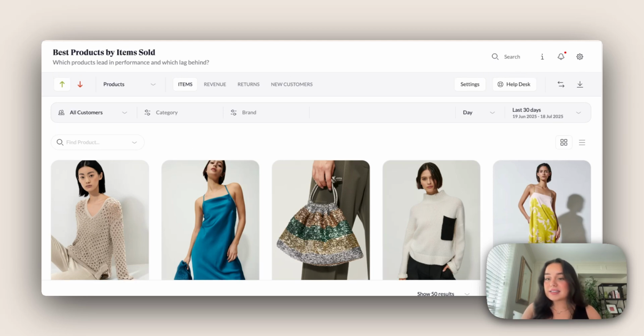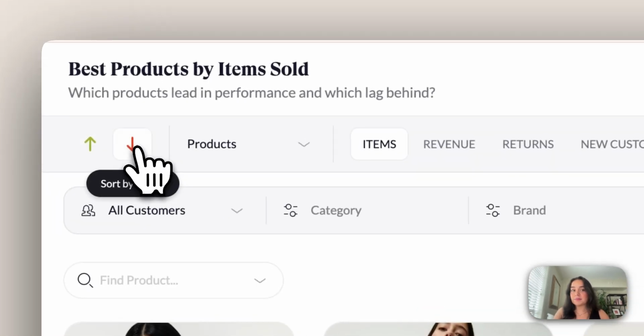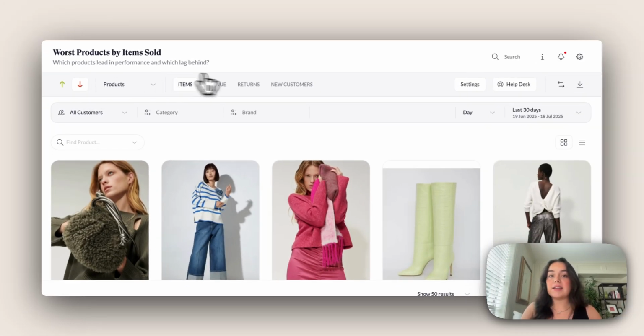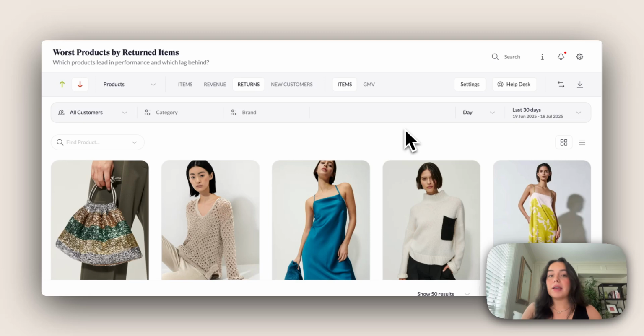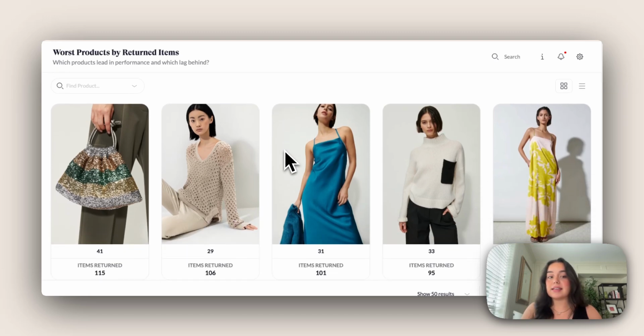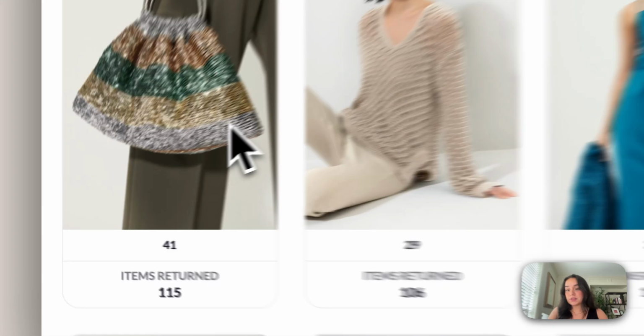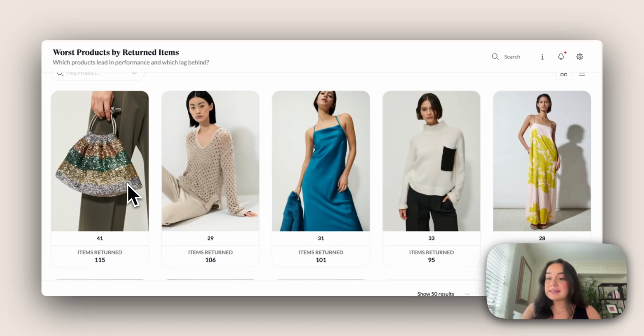While it's important to understand your top performers, it's also important to understand maybe some of your worst performers too. And we can easily do that by switching over here to sort by worst. It might be interesting to understand if any of these products are specifically bringing in more return rates over others by going over to your returns over here and then sticking with sort by worst. You can see exactly which products are producing most of your return rates right now. Utilize these insights to understand which ones to pull back, maybe further analyze and see if there's any changes needing